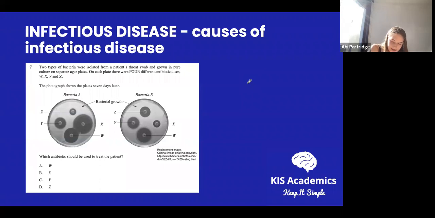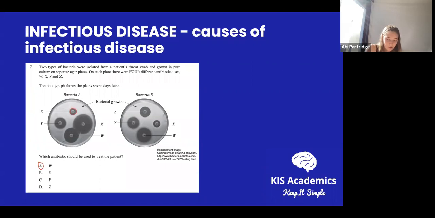That means that antibiotic W would be the best one to use. You can see in both of them, it's pretty much consistently effective against bacteria A and bacteria B. That's very good, because if you don't know what type of bacteria you're treating, then that antibiotic would be great for treating both of them. You can see that Z is not great in either of them, so you probably wouldn't want to choose that one,